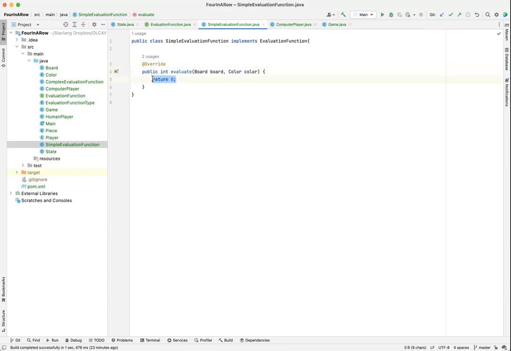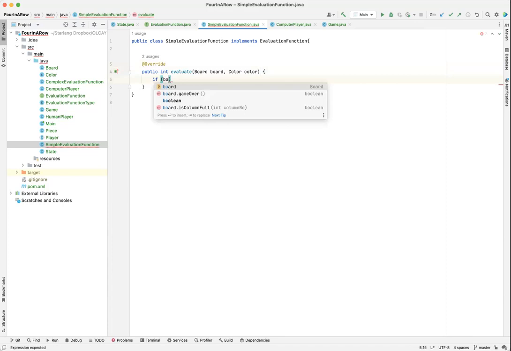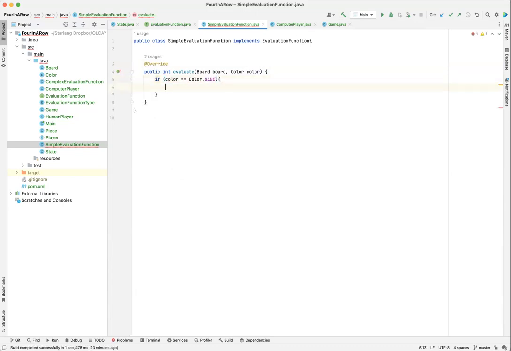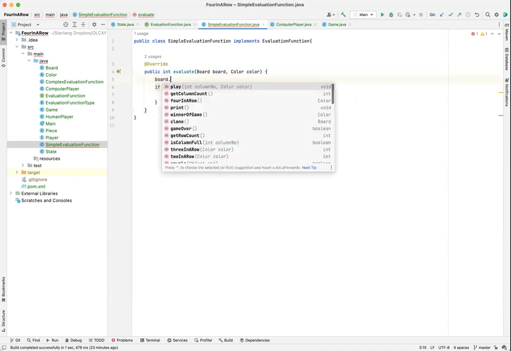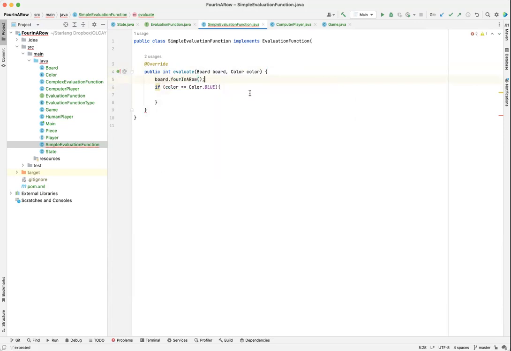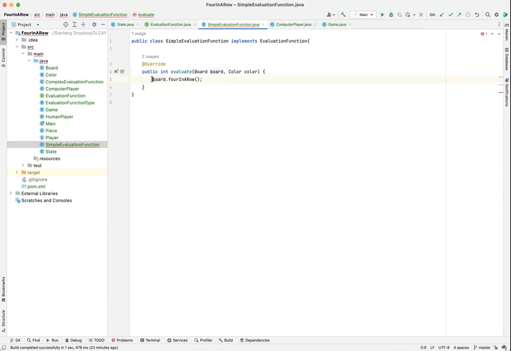If the board, so it's like this, if the color is blue, okay, so first we should check for 4 in a row. So if there is a win color. So if there is a win color, so if the color is win color,